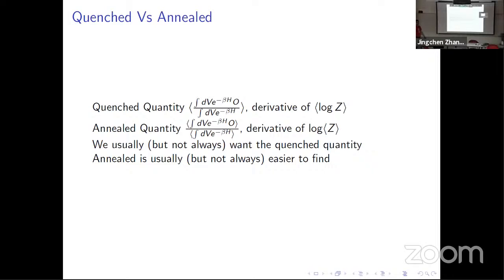And usually when we take a disordered system, sometimes the annealed average is what you want. Annealing is an actual thing that happens in the real world where the annealed average is relevant. But usually what we're more interested in is the quenched average. But the annealed average is easier to calculate, so we just fudge it and it often works. Okay, so do people understand the distinction between quenched and annealed averages at least a little bit?